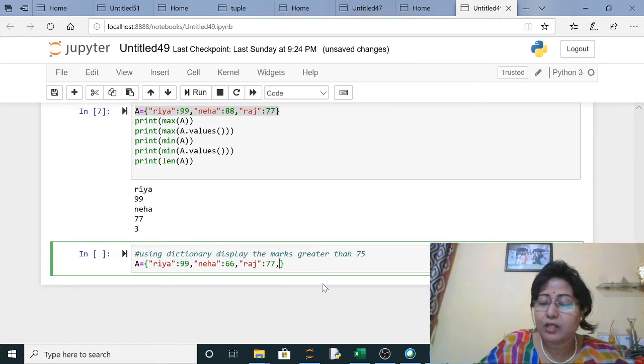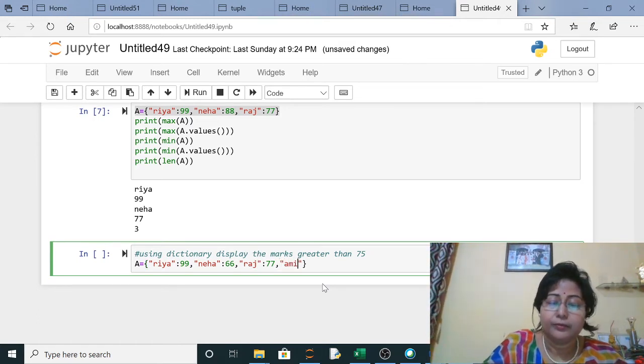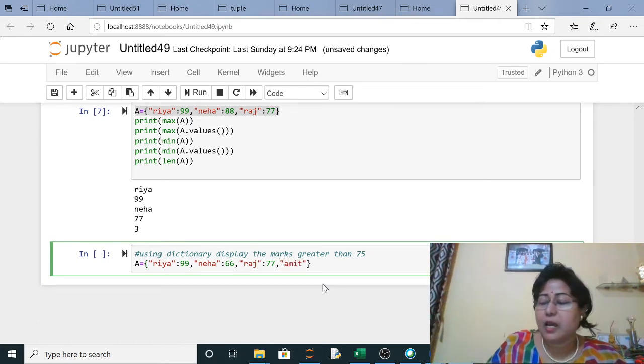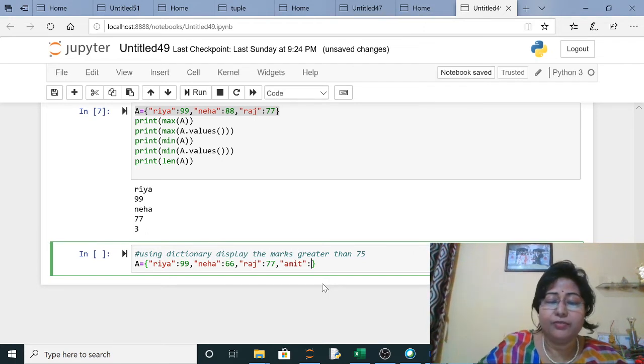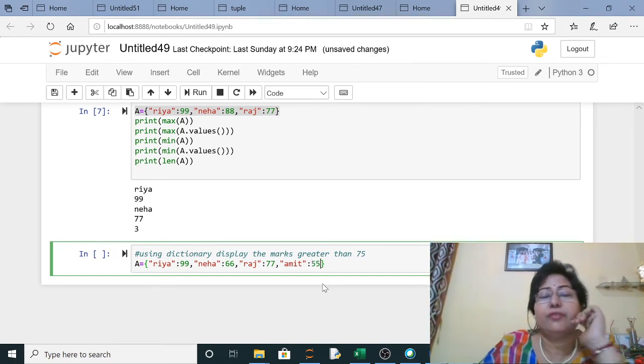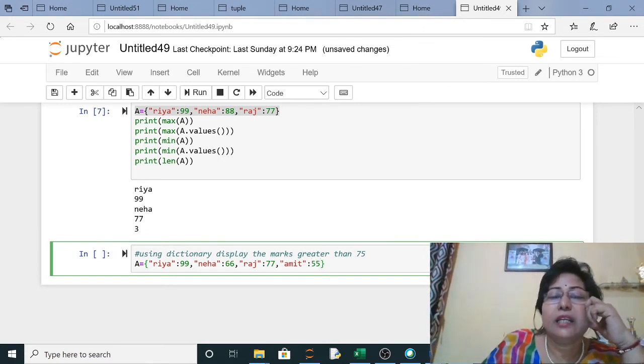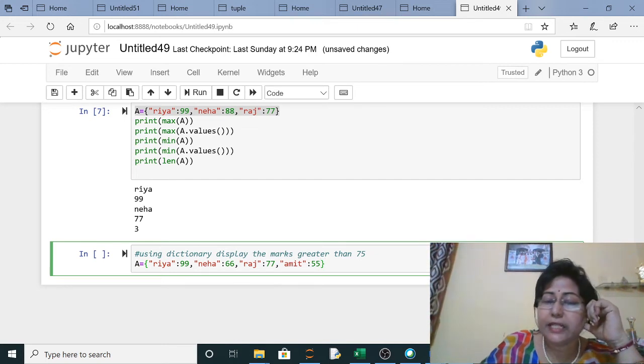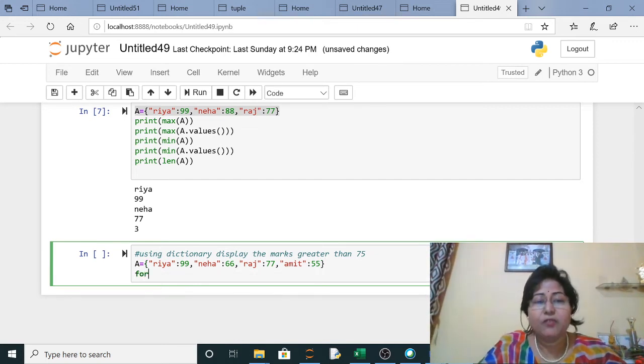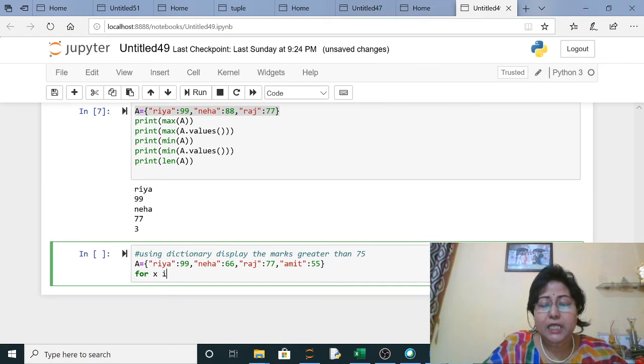Let us write one more, and in this we will give less than 75. So two values you can see are greater and two values are less. So here we will take one by one, for x in a dot values.